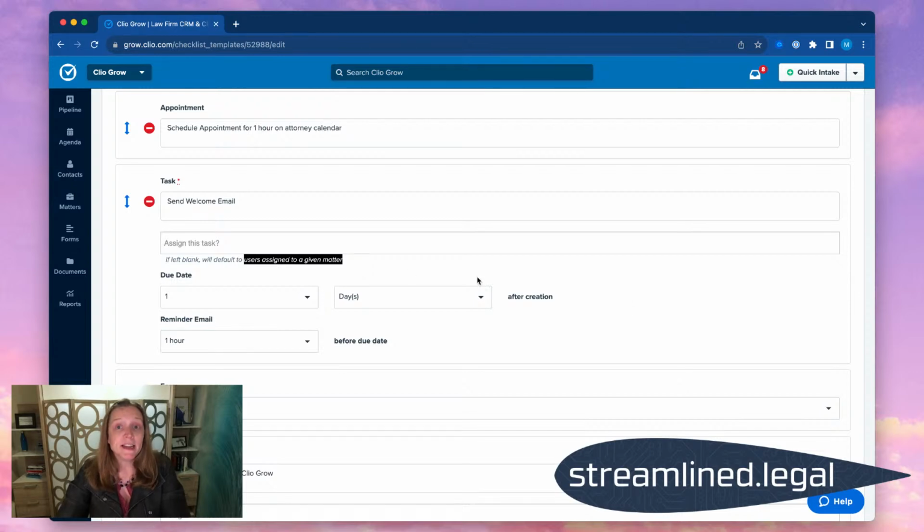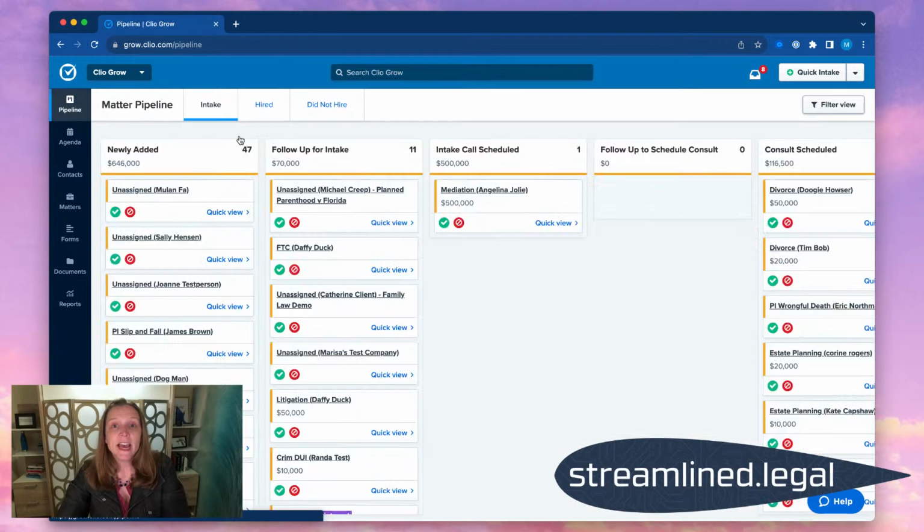Okay, so that might be a nice feature, right? Because now I don't have to assign all these tasks to the right people. I can just put it in the matter and it will be assigned to whoever the matter is assigned to. So that is a nice feature that enables me to be a little more flexible with my checklists or with my workflows. And then the last way that assignment gets used in Clio Grow is that when I get assigned to a matter,